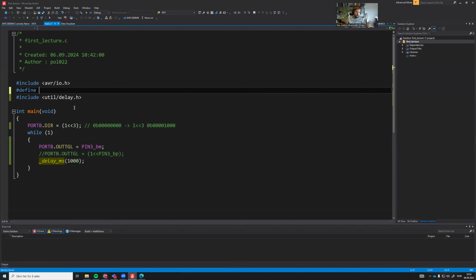Define F_CPU, and the default value on this chip is actually 4 megahertz, and this is unsigned long, so we have to put this ending. You don't always have to put the ending if it's a uint, an 8-bit number, it's fine, but this has to be specified as an unsigned long. So if you try this code now,